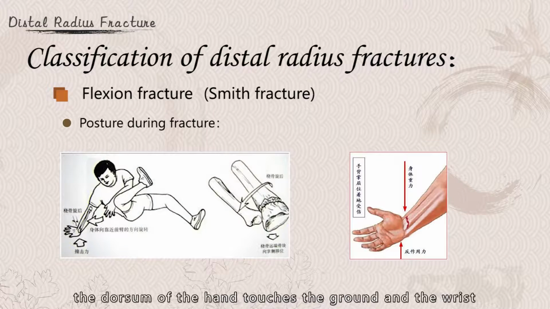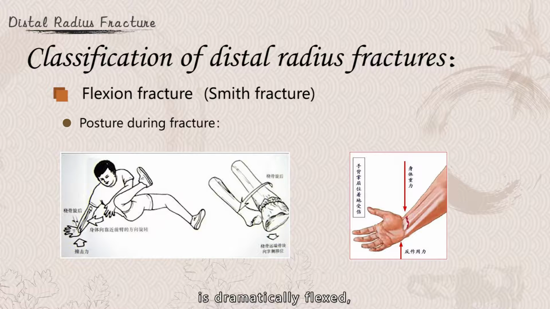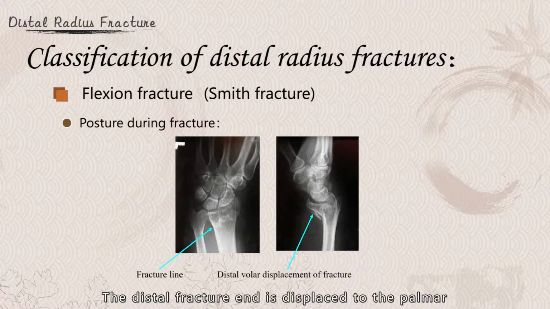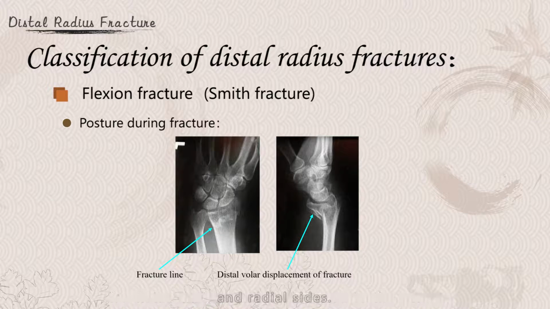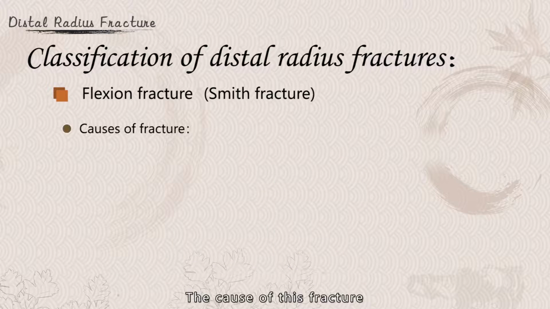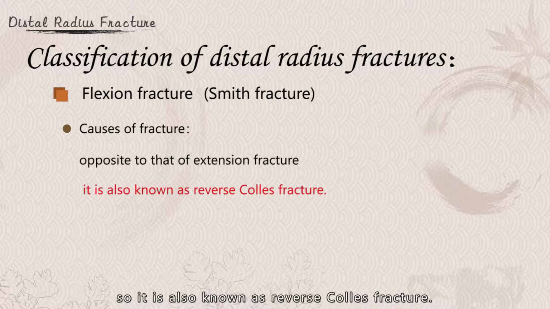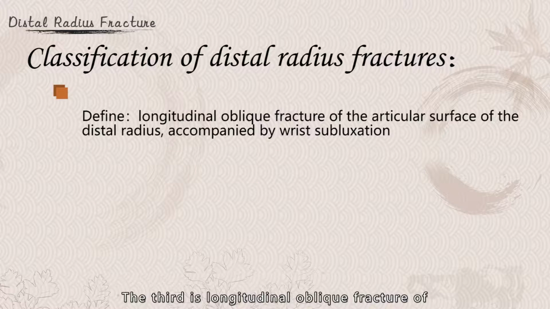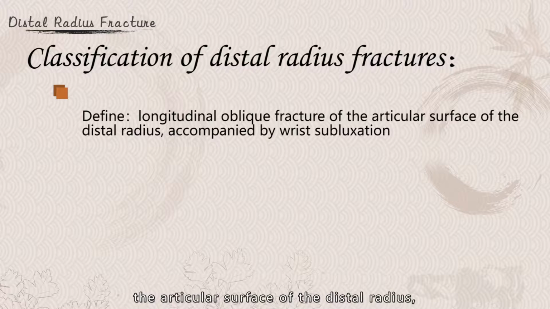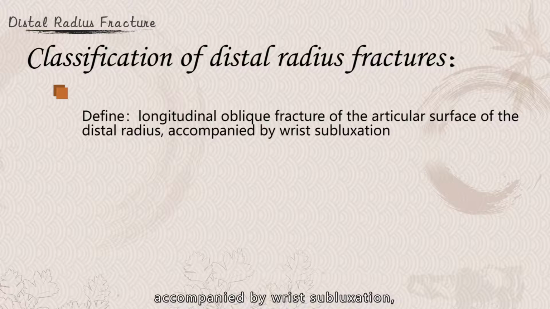During falling, the dorsum of the hand touches the ground and the wrist is dramatically flexed, resulting in the fracture. The distal fracture end is displaced to the palm and radial side. The cause of this fracture is opposite to that of extension fracture, so it is also known as reverse Colles fracture. The third is the longitudinal oblique fracture of the articular surface of the distal radius, accompanied by wrist subluxation,